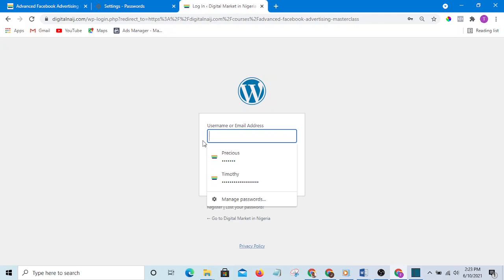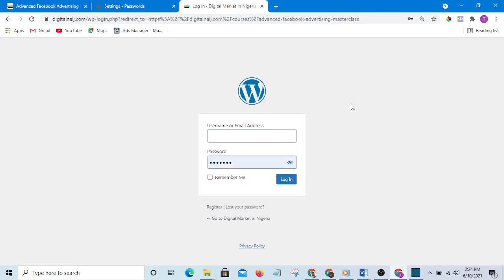That is the same username and password that you use in my free version of the Facebook and Instagram advertising masterclass. It is the same one you will use here, that is if you signed up for that one. And if you did not sign up for that one, I automatically signed you up, which means you have access to the advanced Facebook advertisement masterclass. You also have access to the free version. You have access to both of them, and it is the same login detail that you use to access both of them. So once you are logged in, for instance,